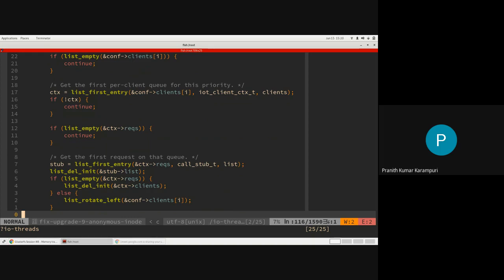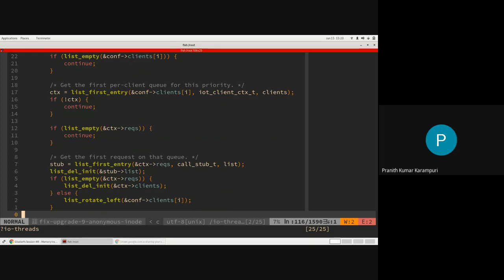But you can still have starvation based on the priority within the same client. In the same client, if you have too many high priority IO like lookups or something like that, reads or writes may starve.